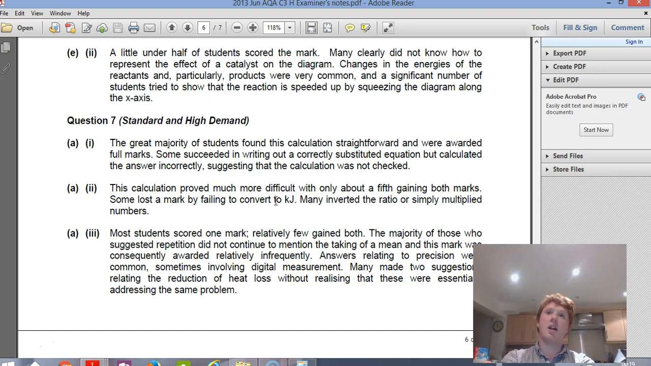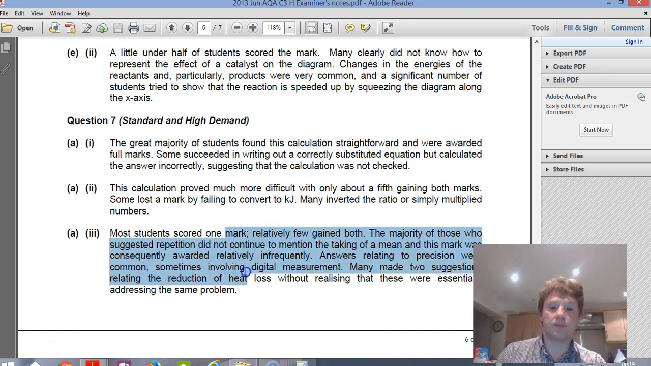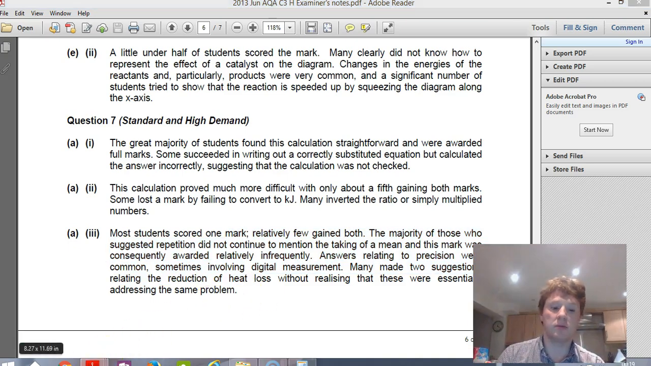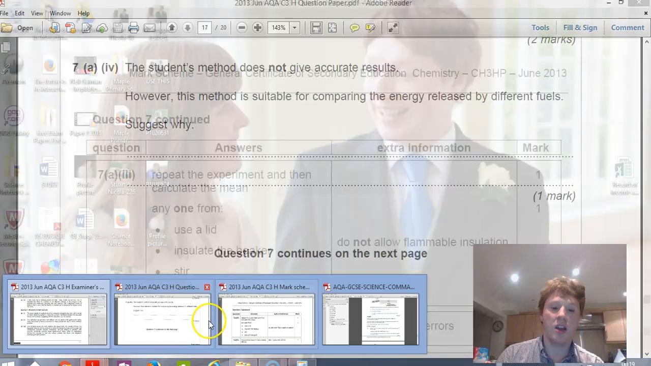Okay, there's bits of C3 like to do with limestone or hard water, which links into the limestone in C1. Okay, so you can't just forget completely your C1 and C2 stuff. Most people didn't say taking a mean, but yeah. Okay,